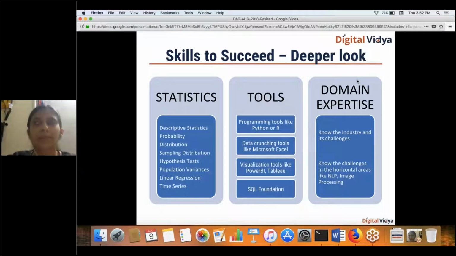In terms of domain, you should practice on multiple domains to start with, and once you know which domain you get into, you start your career and get very deep into it, so that you know how to frame your questions, your hypothesis, your alternate hypothesis, what data is needed, and eventually how to solve that problem.